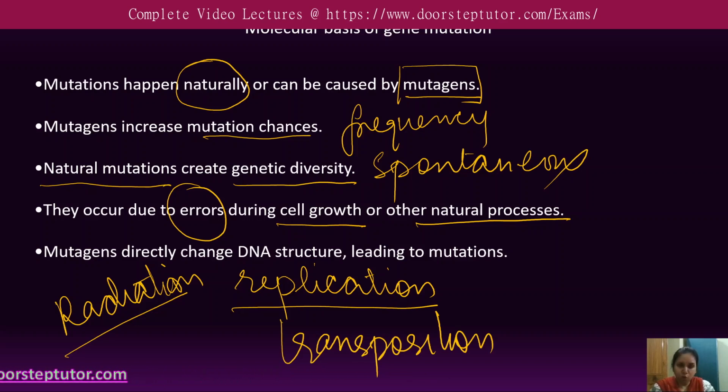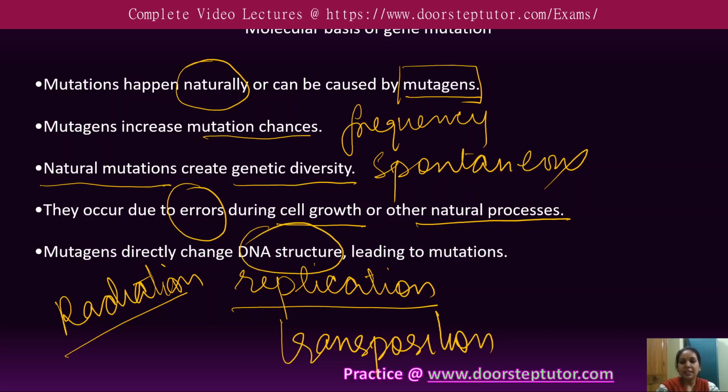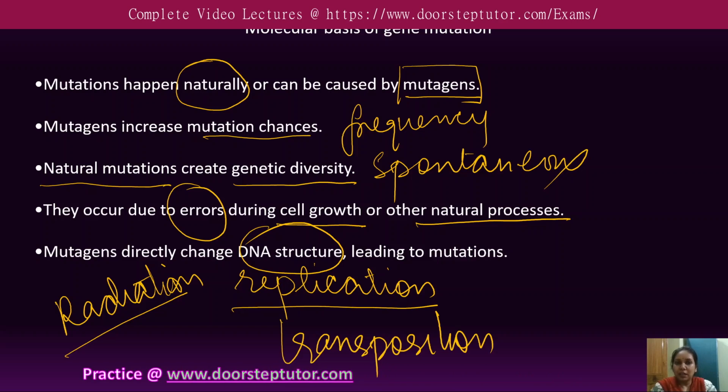They can also cause mutation, and some chemicals also cause mutations. So mutations can directly change the DNA structure. So if the mutation occurs either spontaneously or is induced by a chemical,